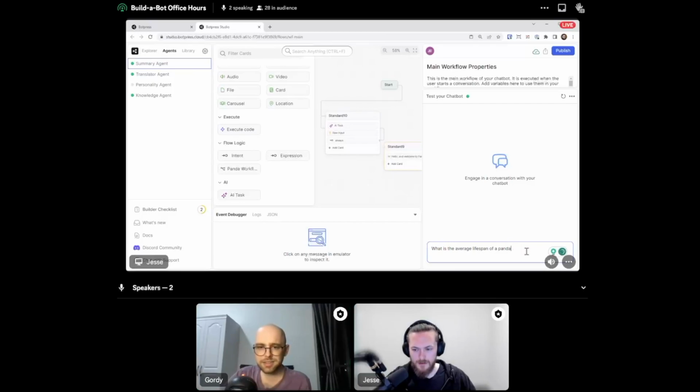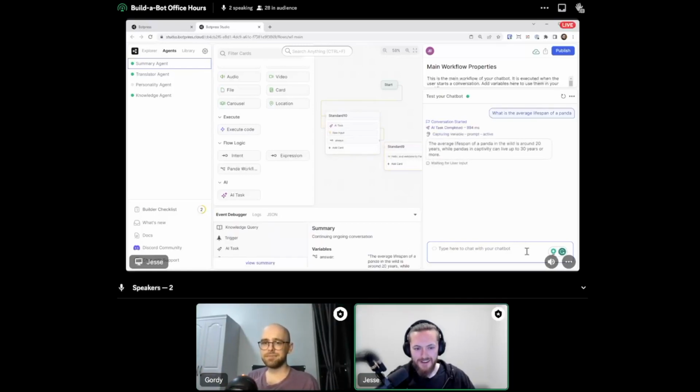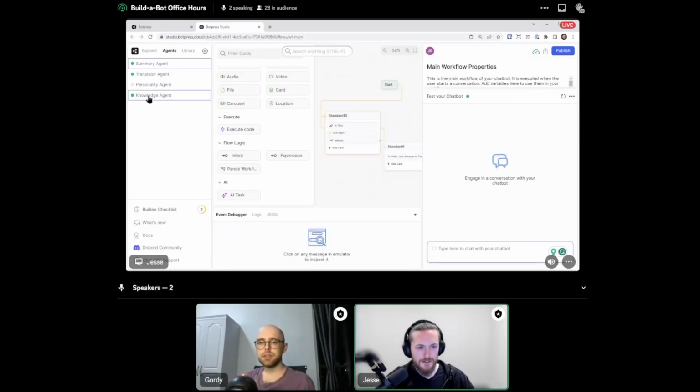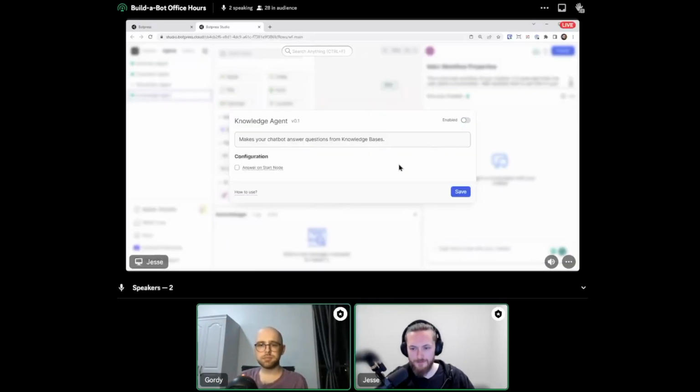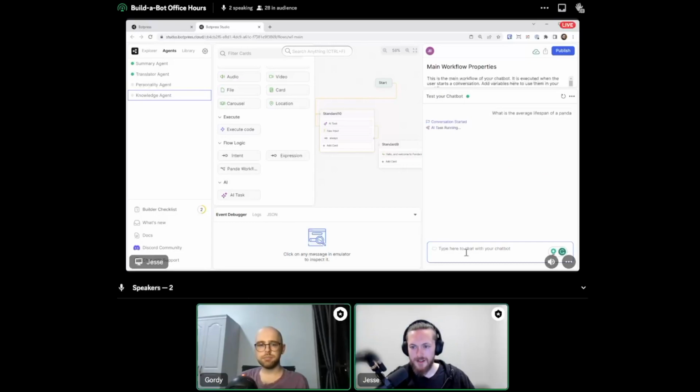Span of a panda. All right. Yeah, that's a good question. Keeping with the same, are we getting this from the knowledge base because we stored that recently? I guess so. But then we can follow this up and we can turn the knowledge agent off because ChatGPT should know about pandas anyways. Yeah, let's disable the knowledge because we made all this knowledge base about pandas. Okay, I want to make sure that it's just coming from the AI task, from ChatGPT. Okay, it's around 20 years,